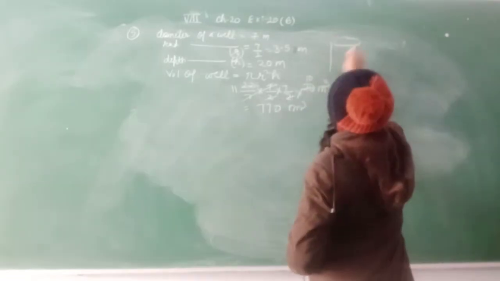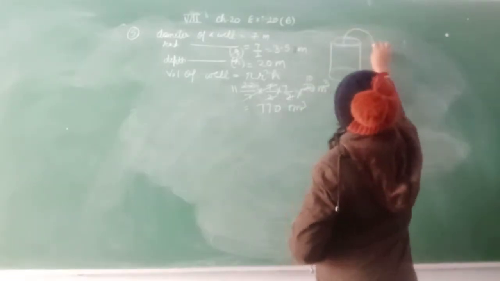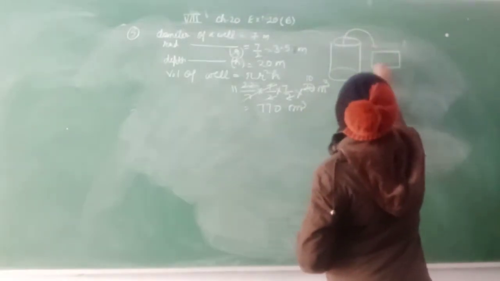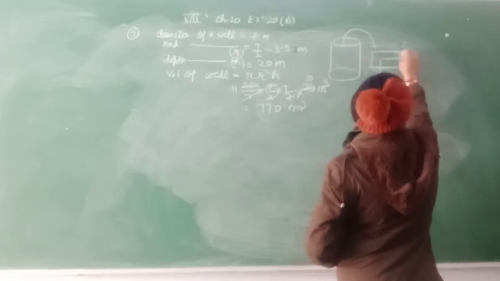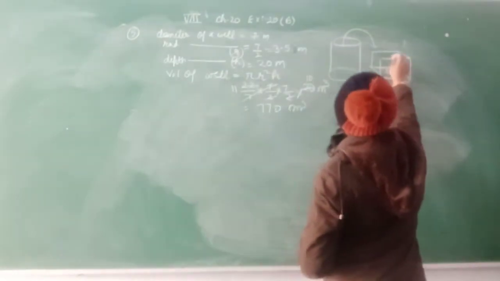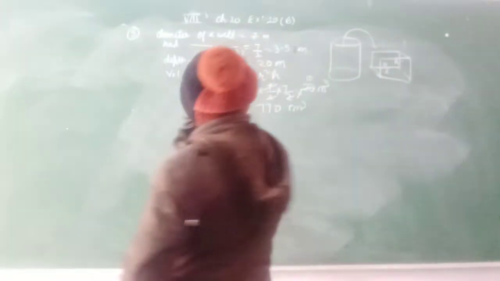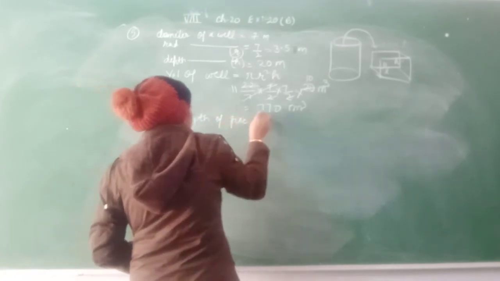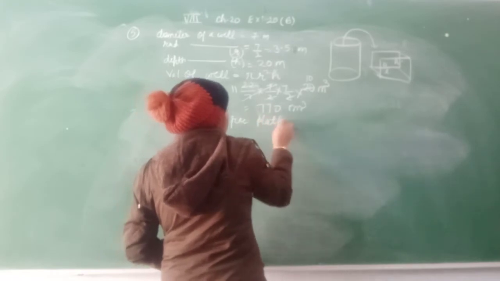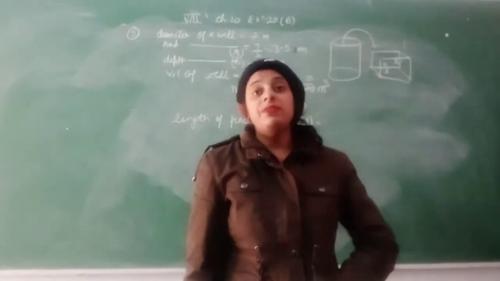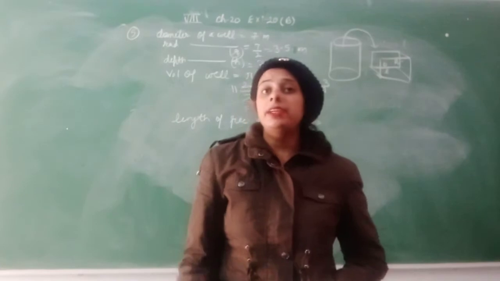Suppose this is your cylindrical well. Clear? So here that soil or dust is dug out and made into a rectangular platform whose base is rectangular. So it is having the length, breadth and height also. The length and breadth are already given. The length of the platform, rectangular platform, is a cuboidal shape. This platform will make a figure of cuboid. Clear? So the length is already given, breadth is given, but height is not given here.